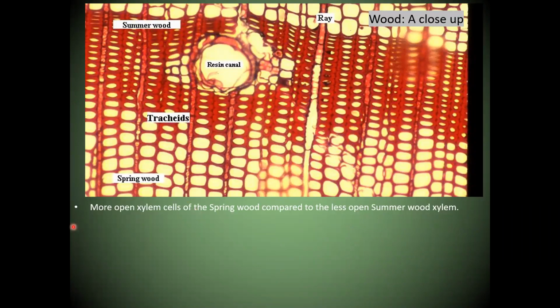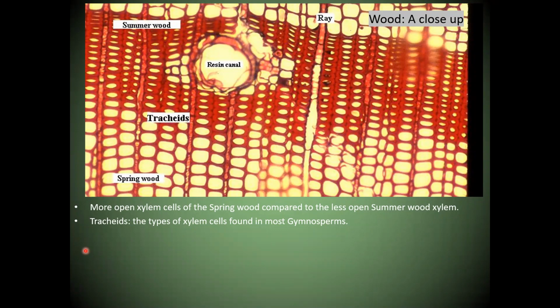So like I just mentioned, if you look at over here, the cells that I am pointing at with my laser pointer are the xylem produced during the spring season. They are larger cells with a bigger opening, right? If you look way up over here, you can see they have smaller cells, smaller cavities, and thicker cell walls. So summer wood is going to be thinner and smaller. Now,